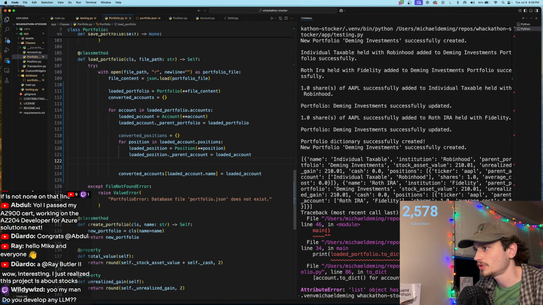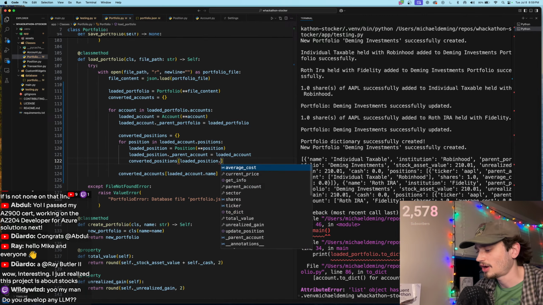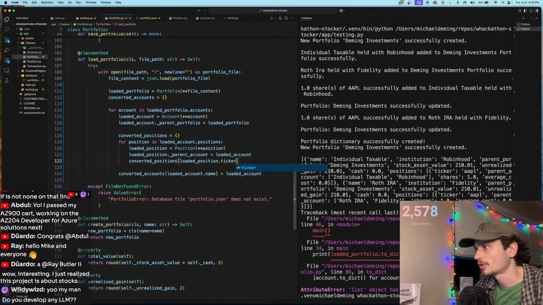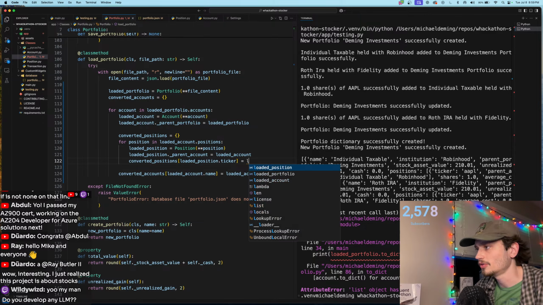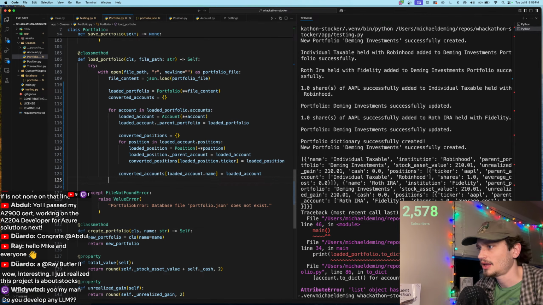Once we set the parent account, we're going to go into converted positions key of loaded position dot ticker, and we're going to set that equal to the value of the loaded position. And then at the end of this entire loop over the positions,